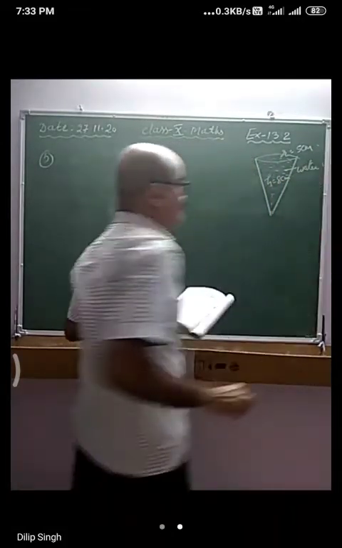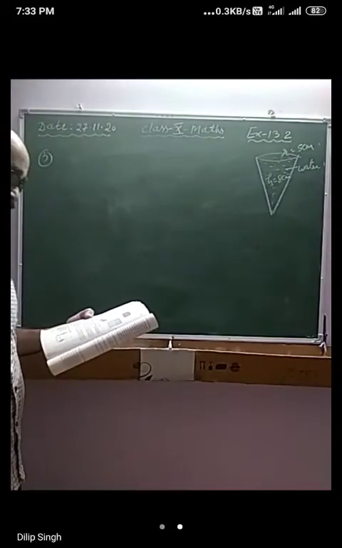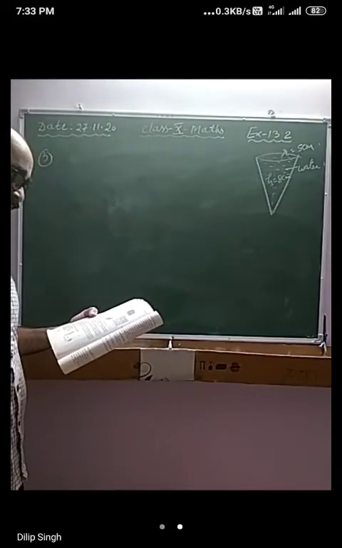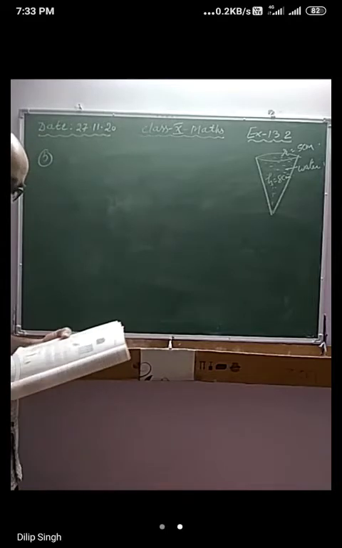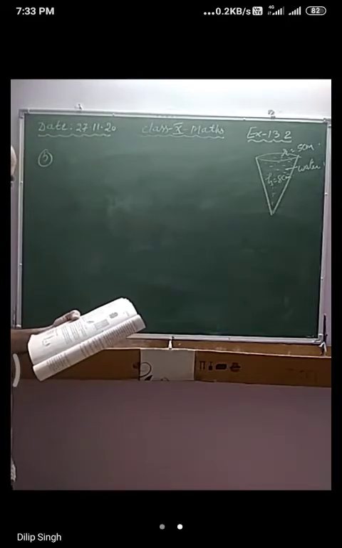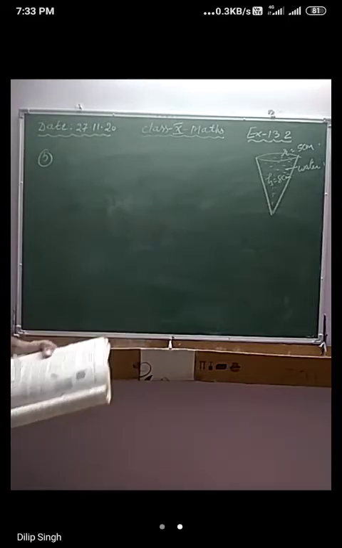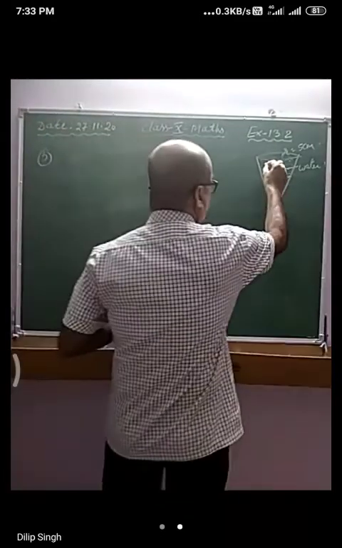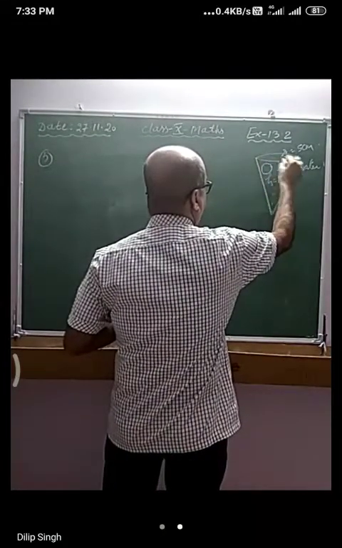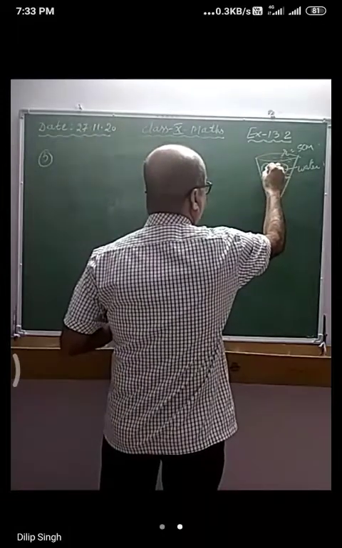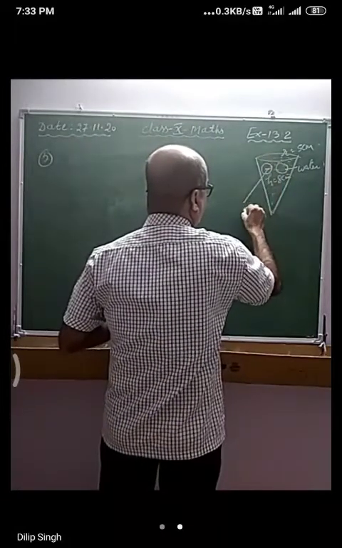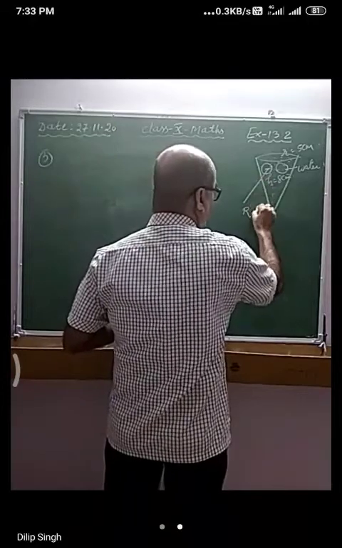Okay, this is a very good question. When the lead shots, each of which is in the shape of a sphere of radius 0.5 centimeters, are dropped into the vessel, 1/4 of the water flows out. इसमें स्फीयर, छोटे छोटे स्फीयर्स हम डाल रहे हैं, और रेडियस ऑफ दिस स्फीयर, suppose radius of this sphere is capital R, right?